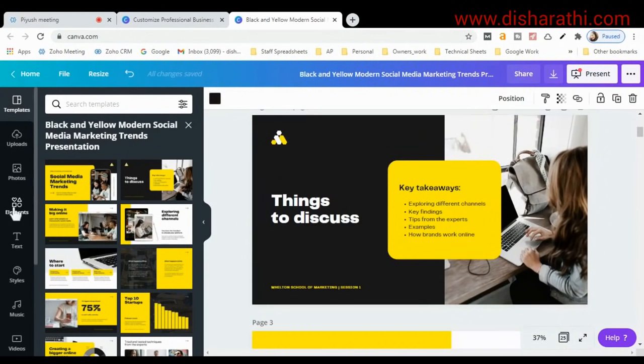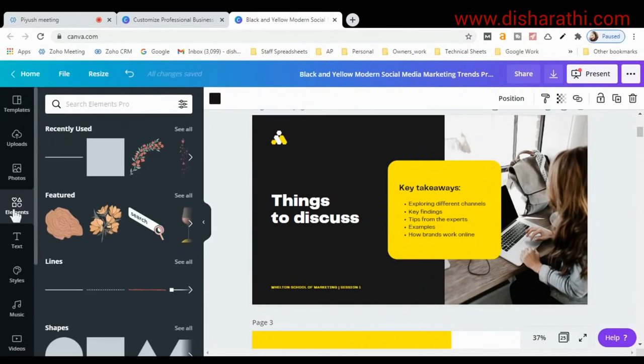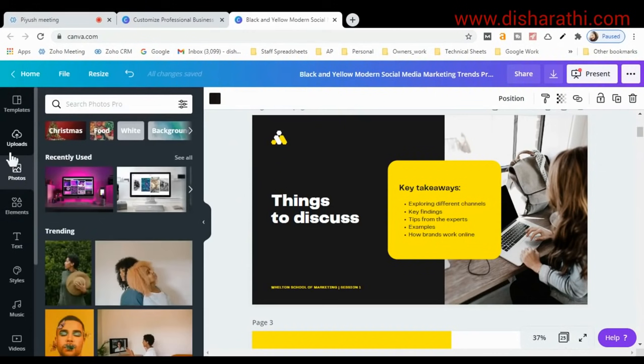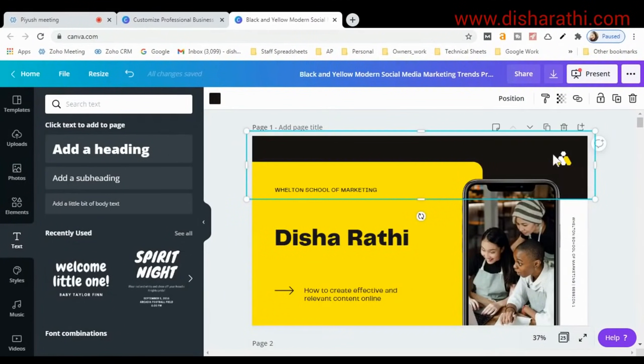So I hope you understood the things and the concepts here. Here they have already designed good graphics. You don't have to add anything. If you want to add, then you can go through the element section and text section. It's simply drag and drop and very easy to use. The photo section, everything you can access from here. Okay, I'll show you how to